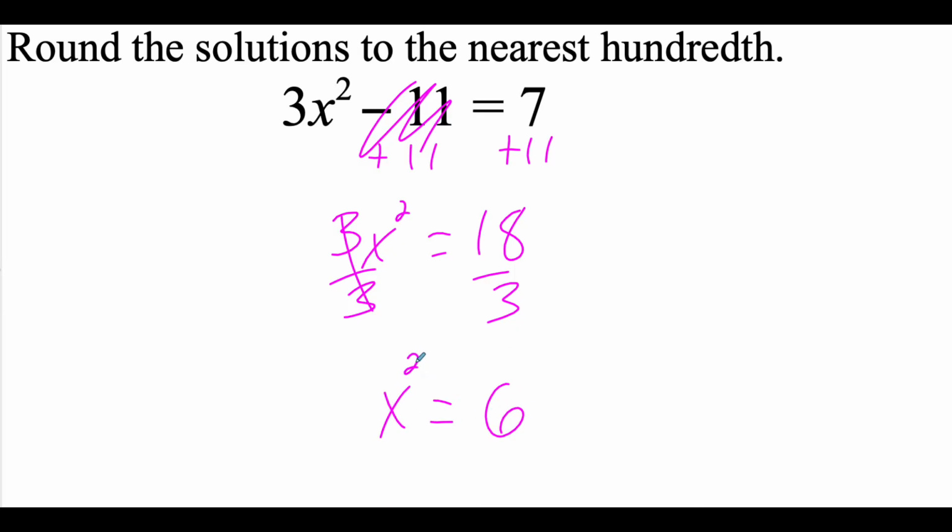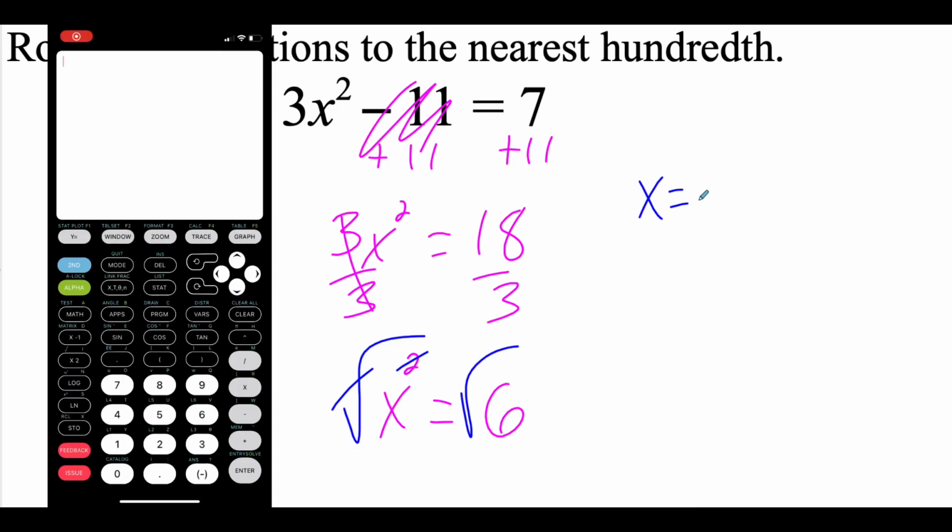Now in here, to get rid of that squared power, I need to square root both sides. On the left-hand side, the squared and the square root cancel each other out. So I get x equals. Now 6 is not a nice perfect square. So here's where we're going to bring our calculator in. I want to square root that 6. So on my calculator, right above my x squared button, there's a little square root symbol. So I can go second x squared, and that'll put the square root in there. And I want to do the square root of 6. So I hit enter, and if I round off to the hundredths, or 2 decimal places, I get